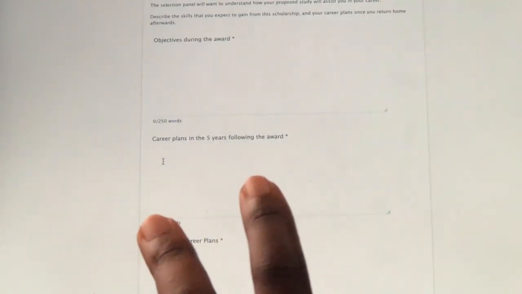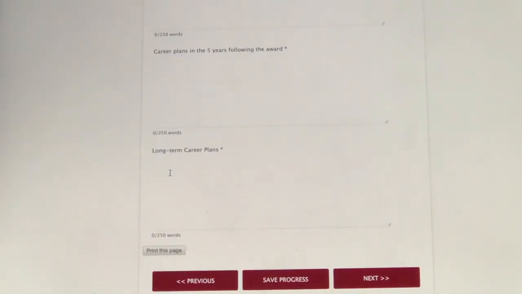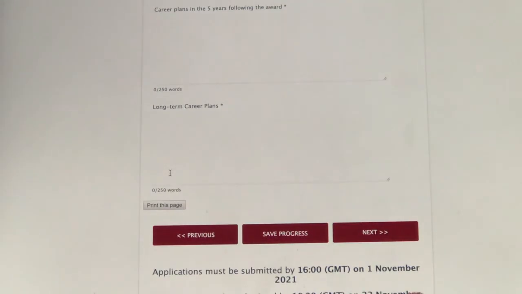You have to explain them and give examples, how you're going to do them and the people who are going to be involved. Yeah, for me, that's how I see it, because these are things that you're going to do, right? You're going to be meeting various leaders. And then in the end, if you want to be in academia, you have to go down here and start explaining what you're going to be doing in your research, what you're going to be focusing on. You can also include why it's important to focus on what you want to focus on, and then you can talk more about your projects.